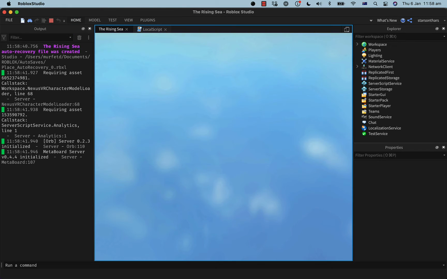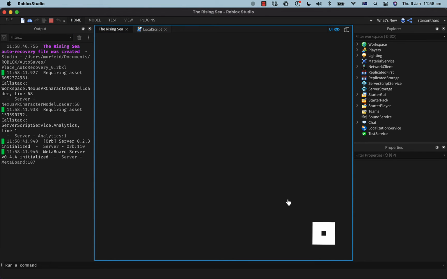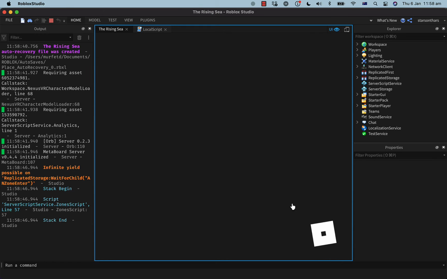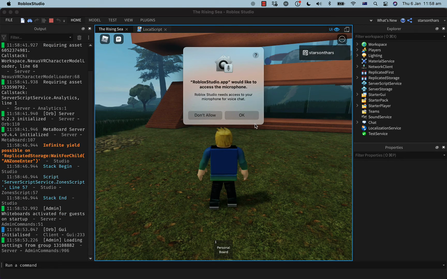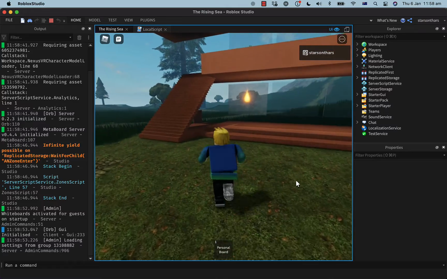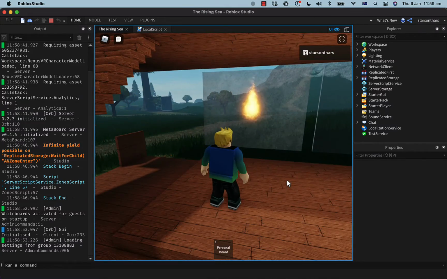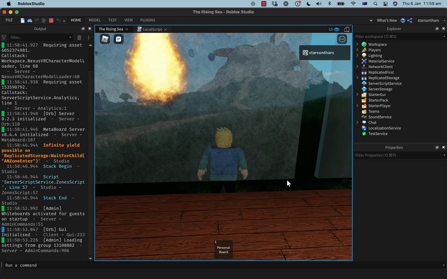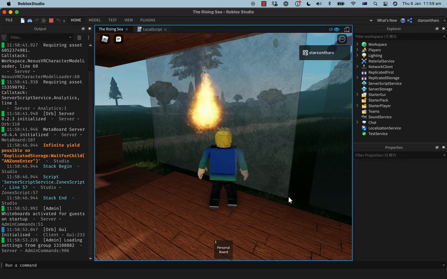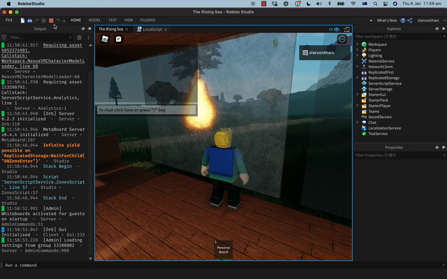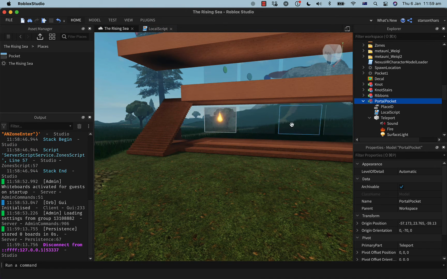Be prepared for error messages. Oh. Okay. So, I don't think it's because it's too thin.